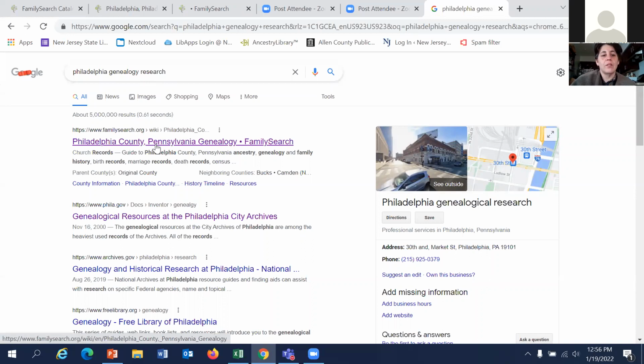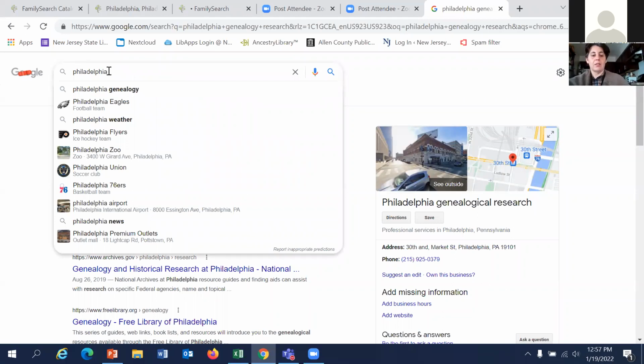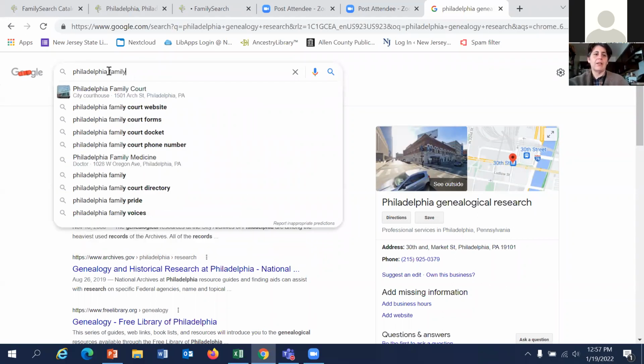And then our top result comes up with that Philadelphia County genealogy page on the FamilySearch wiki. So you do have some options about what you can actually do and how to access the FamilySearch wiki. I advise doing a search, if you're just doing the search in Google and trying to get a FamilySearch wiki page,